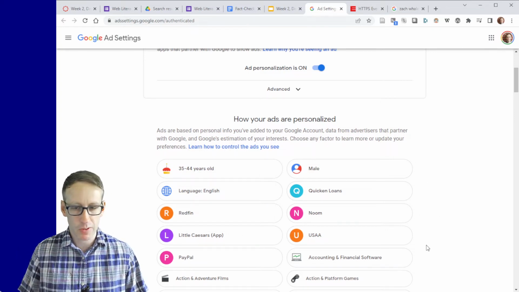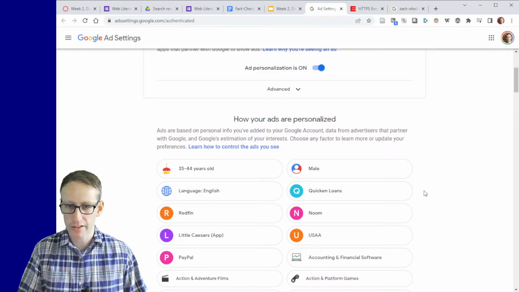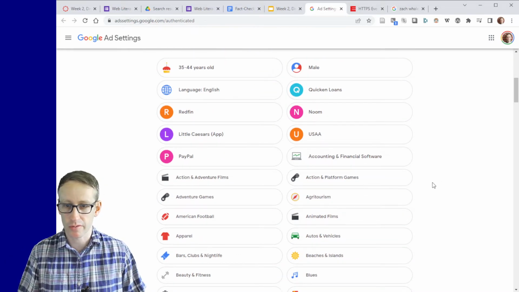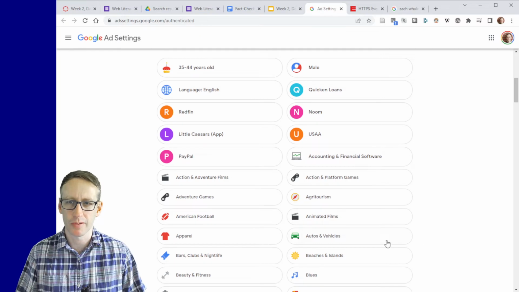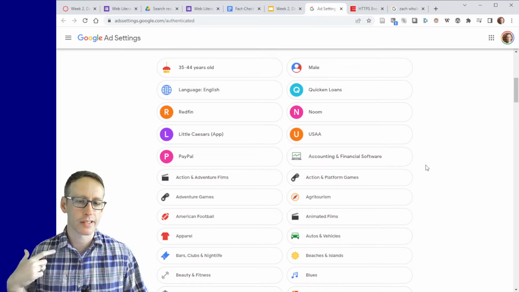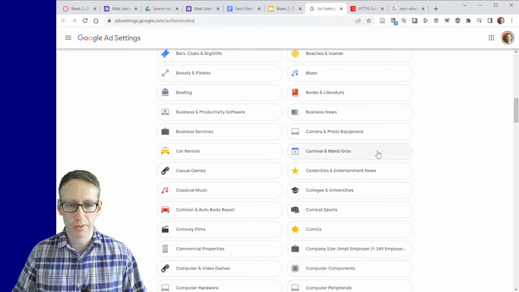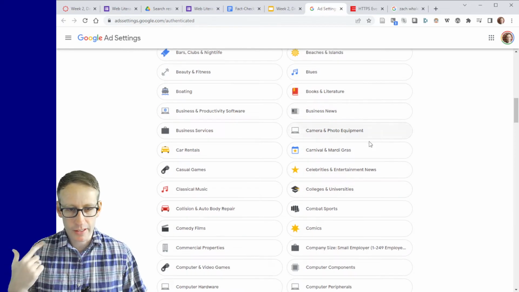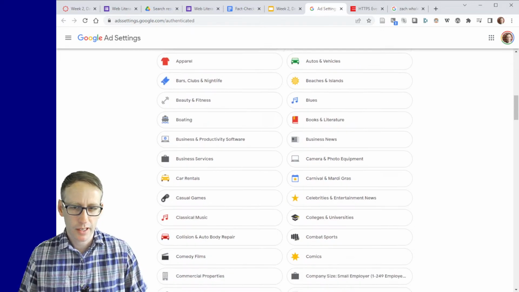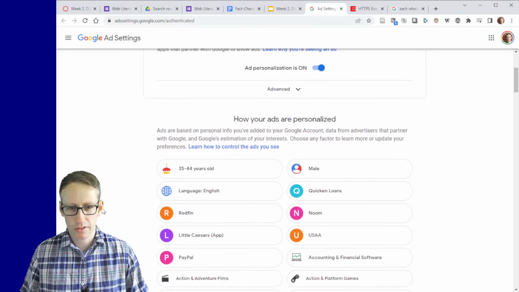And you may not know this, but it figures out a lot of this by looking at things like your email. So it reads your email and it pays attention to which emails you read from other people. It pays attention to your search history, obviously, your YouTube history, to come up with a list of things that it thinks you're interested in. I'm skimming through my list right now. I haven't looked at this in a while. Some of this I think is true.